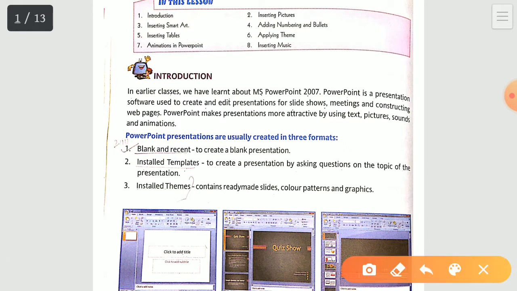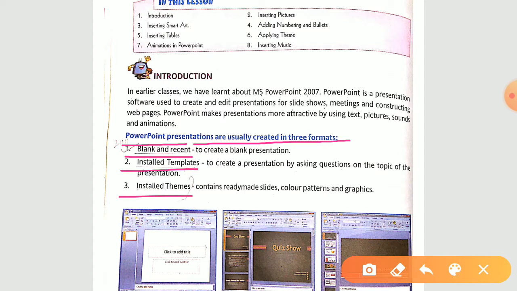So you have to write down from this one. PowerPoint presentations are usually created in three formats. Number one, blank and recent. Only the heading you have to write down, only the points. No need to write down the explanation, okay? So blank and recent first one. Second one, installed templates. Third one, installed themes. Okay, so this much you have to write down in second part, second answer.